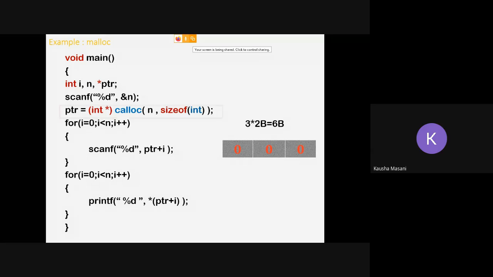Moving forward, the explanation has already been given to you. I have highlighted the part. Due to size n given as 3 and size of integer taken as 2 bytes, a total of 6 bytes of memory is getting assigned, and it is multiple blocks.